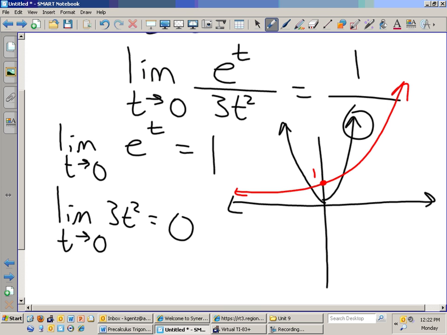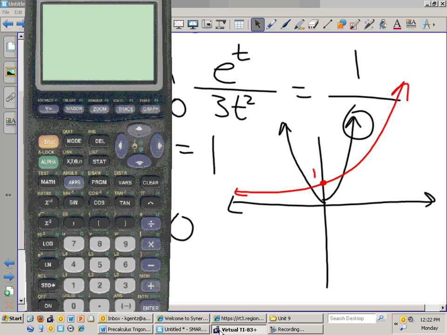So you see how this graph is approaching 1 right here? And this graph is approaching 0? You're actually taking this number dividing by this number, and we don't really come up with the determined value that you want. So if you actually look at this graph itself,